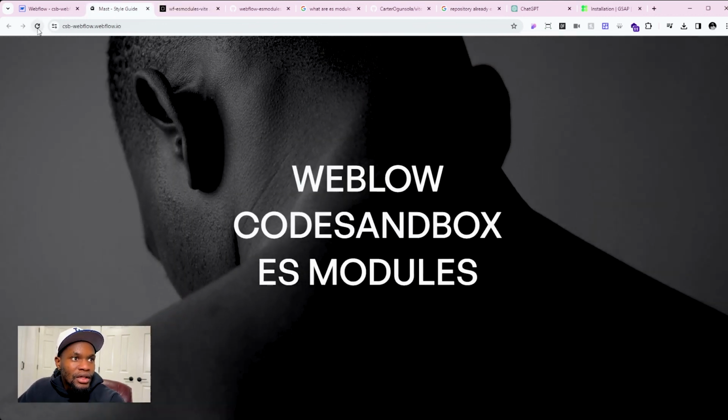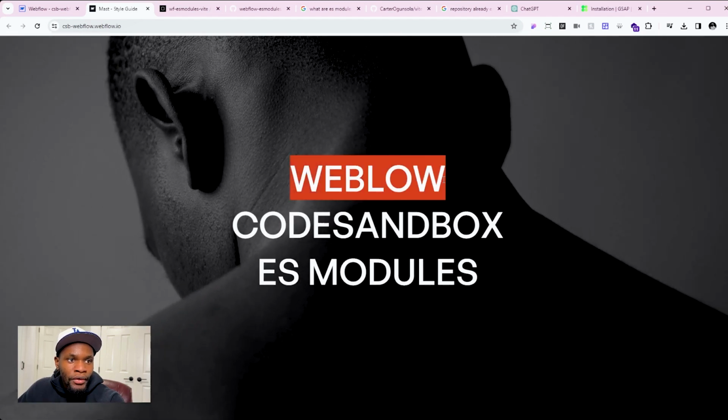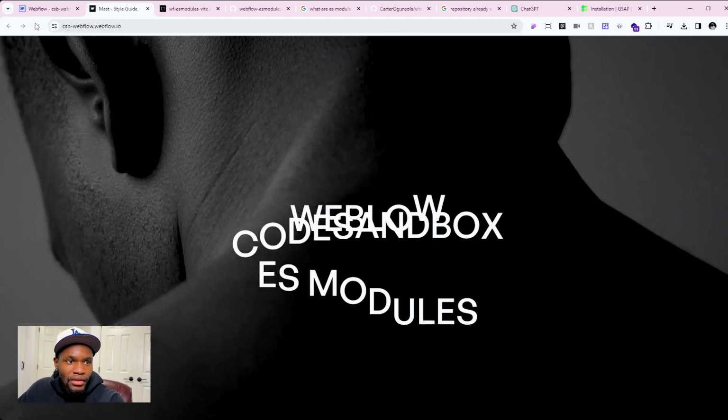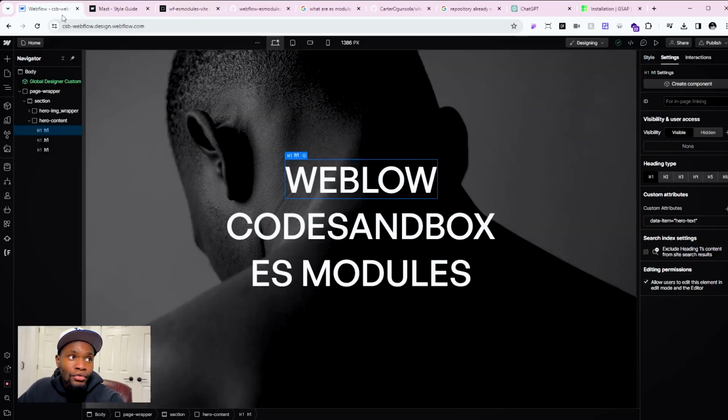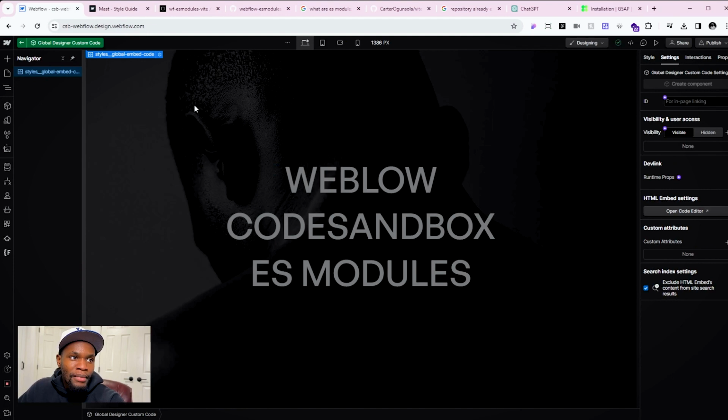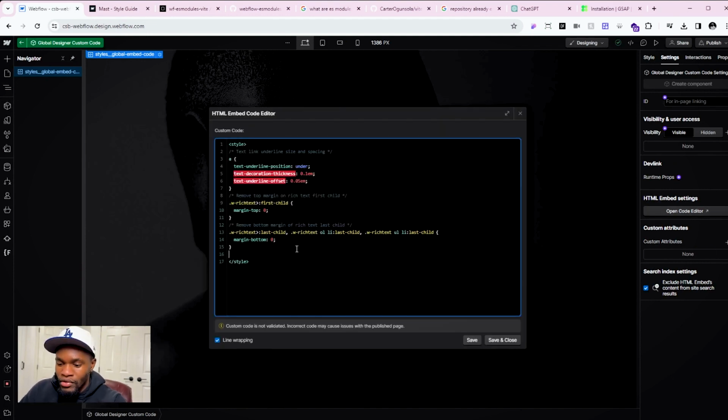But something else we're missing is there's no overflow hidden. Like, we are seeing all your text literally immediately. There's no overflow hidden. Guess what? You could either do that inside of your Webflow custom embed code. And since we're using data-item equals hero-text, we need this hero-text, and then overflow hidden. Like, you could write your CSS inside of Webflow, which some people might recommend as well, but